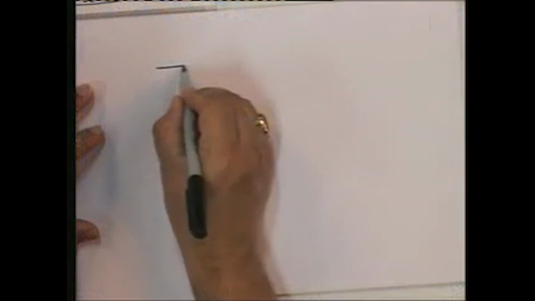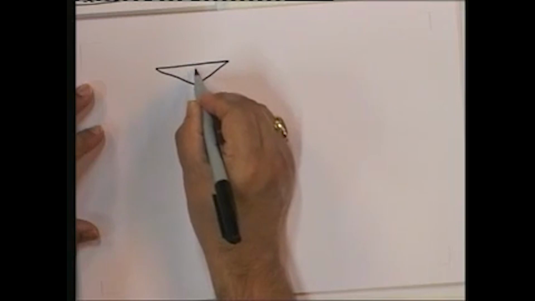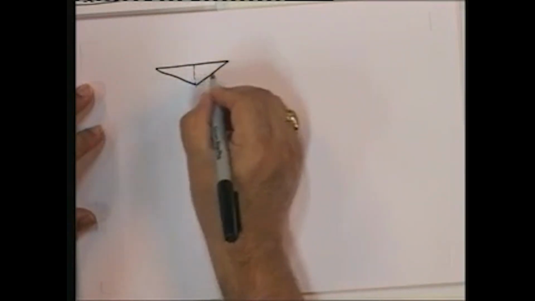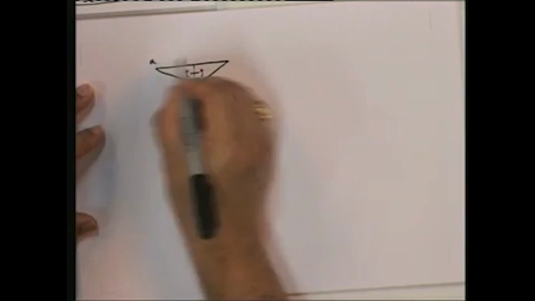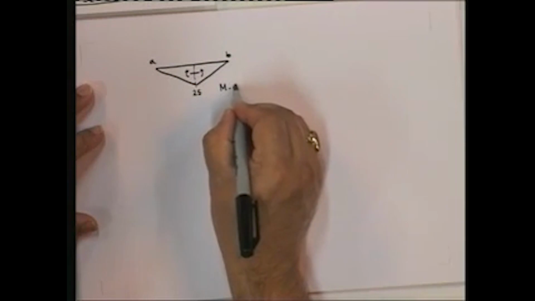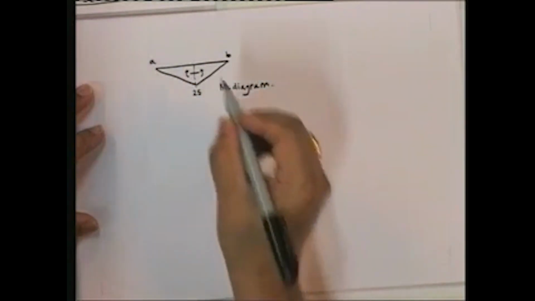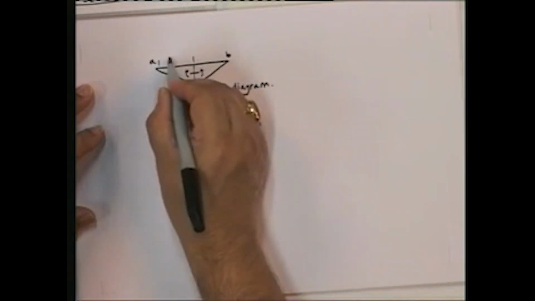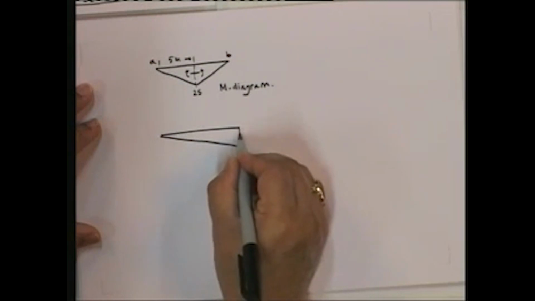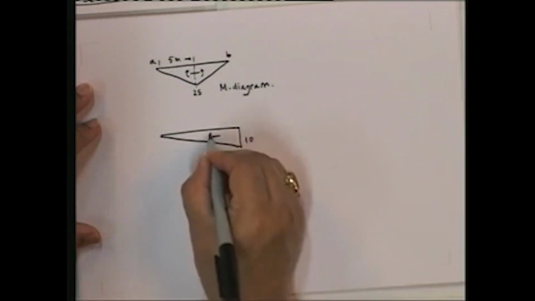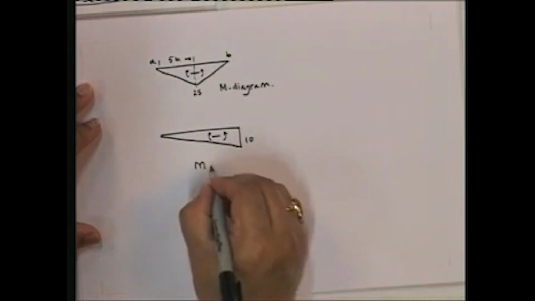Now, you already know how to do these integrals when you have straight lines. You've already done this in your solid mechanics course, right? See, for example, in this particular case, we have this, so this is going to be 25. This is over AB, since we are only integrating over AB. This is my capital M diagram. Okay, this is at 5 meters, and then I have my small m